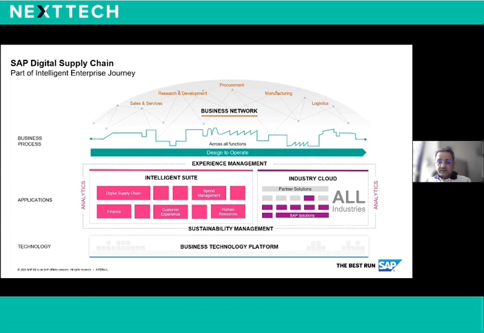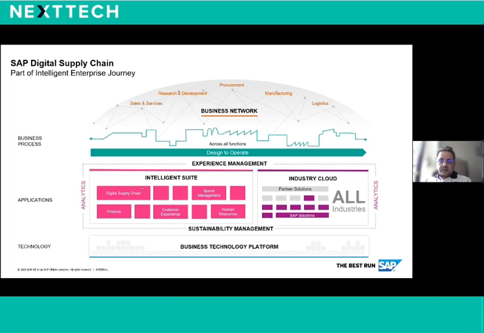If you look below, sustainability is integrated as a part of SAP's approach to the market. In supply chain, we cannot overlook sustainability. At the same time, every customer is different, and every customer's processes are different. So how do we leverage the technology platform, which has analytics, database, artificial intelligence and other technologies, to create that differentiator for themselves? And I started at the top: we are in a network world. We need to look at supply chain holistically, whether it's sales, procurement, marketing, manufacturing or logistics. That's the approach SAP is taking, moving to the cloud environment and going beyond that into the network environment.